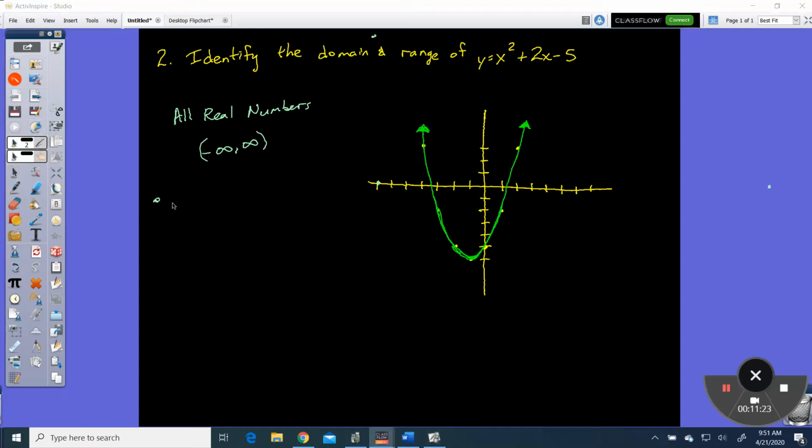Now Y is, on the other hand, the range. If I look at this, what are the possible outcomes that I get when I plug in these X values? Well, I look and I'm like, hey, there's nothing below that. Okay. So I'm looking at this and I'm like, there is nothing below this line. So my range values, 1, 2, 3, 4, 5, 6, are all numbers greater than negative 6. So all real numbers